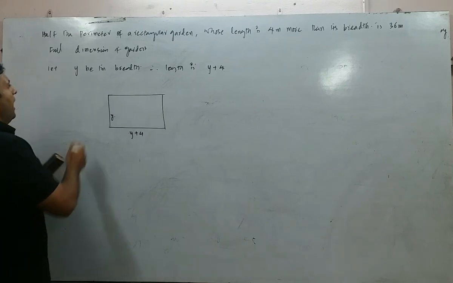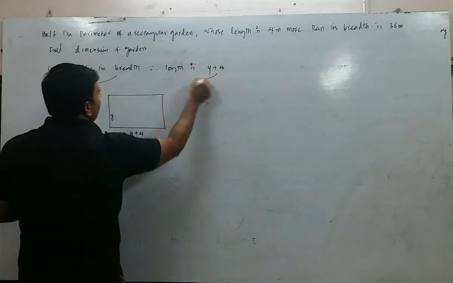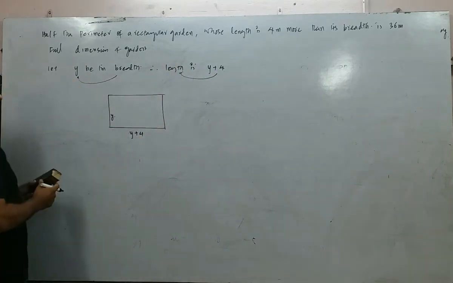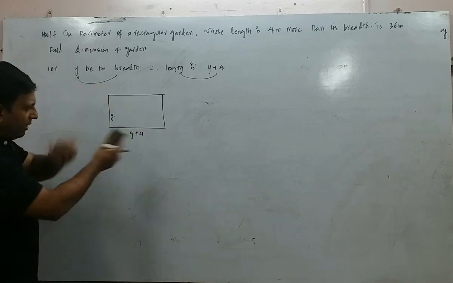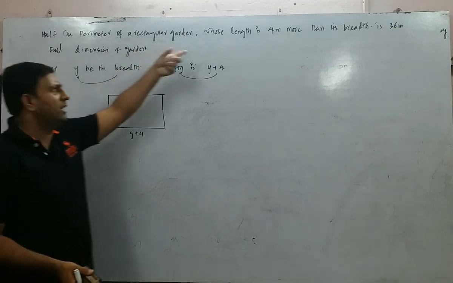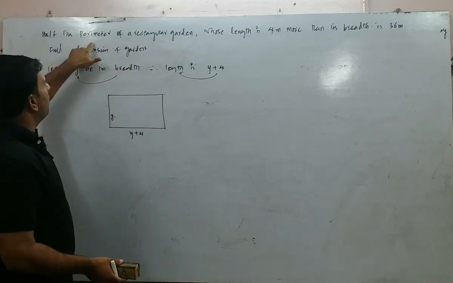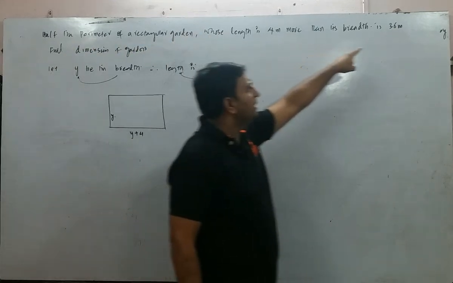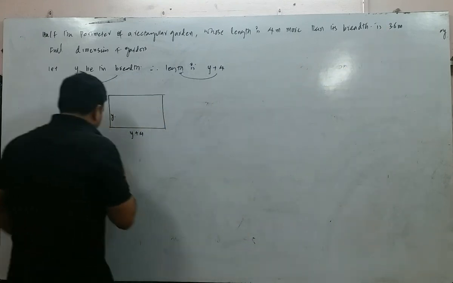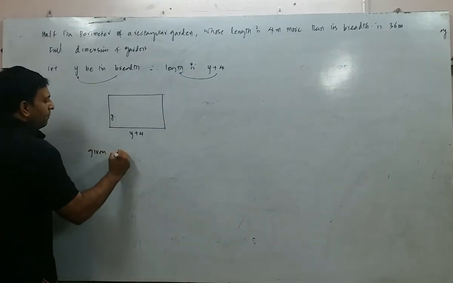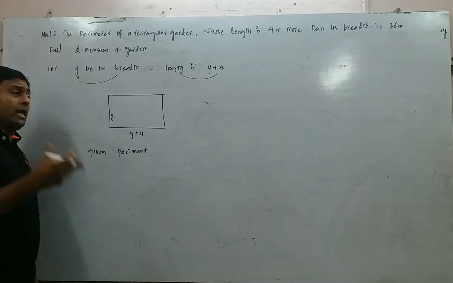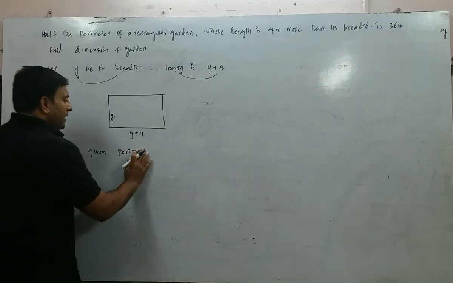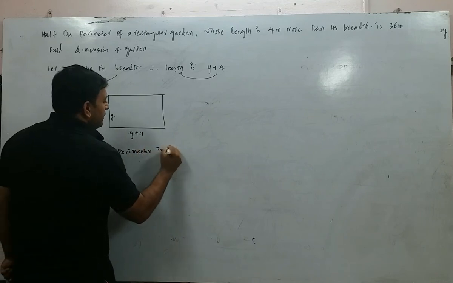So now I have breadth and I have length. Alright, so the entire thing I have taken into one variable. Earlier you had two variables. Now the entire thing I have converted into one variable because this condition is given to you. Now let us focus. What is the perimeter? Perimeter is 36 meters. Given perimeter, right? Children, you must read the question again and again till you understand. Given perimeter is 36 meters.